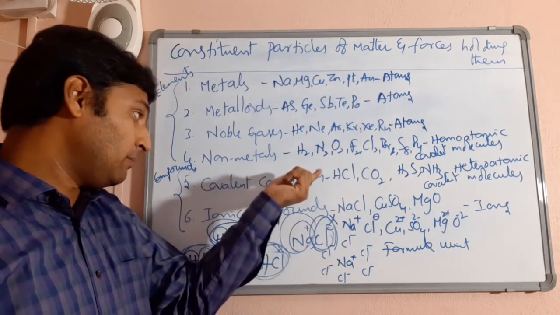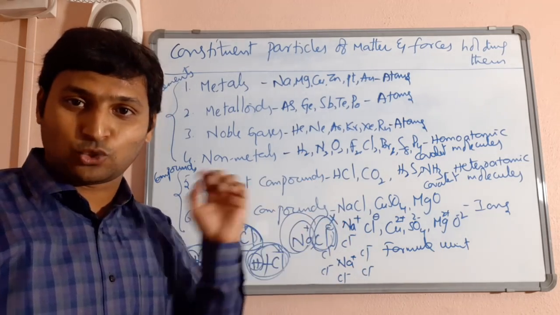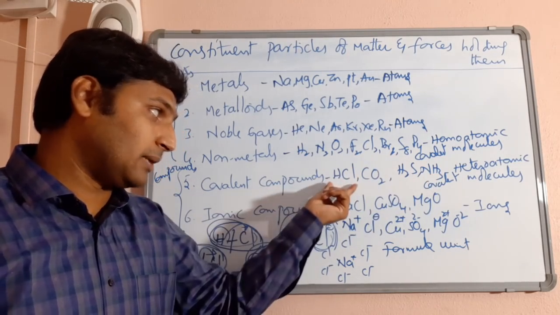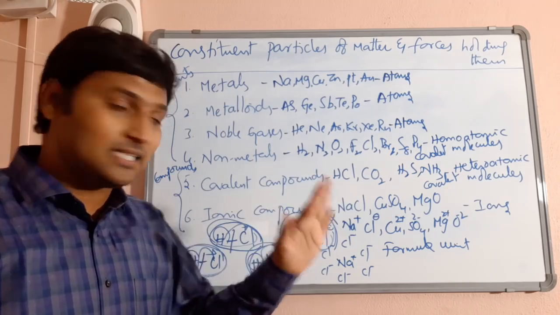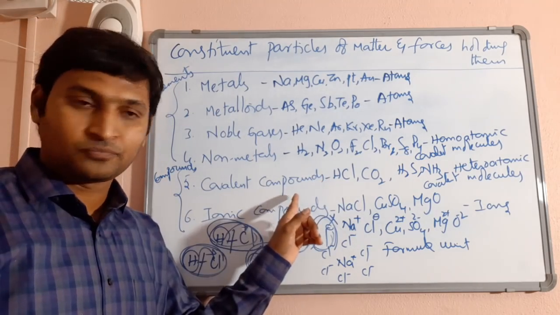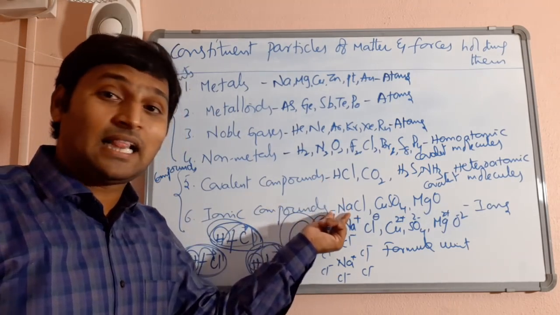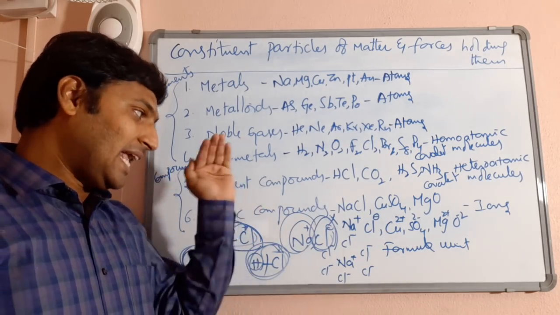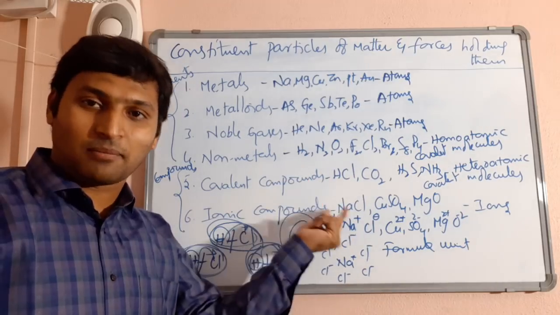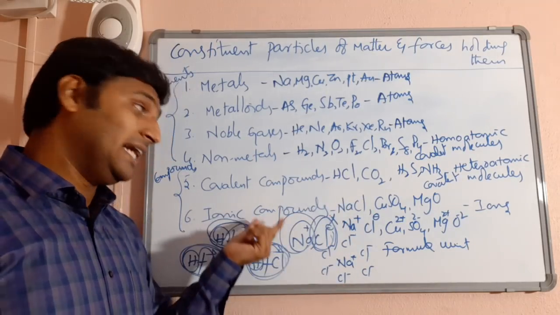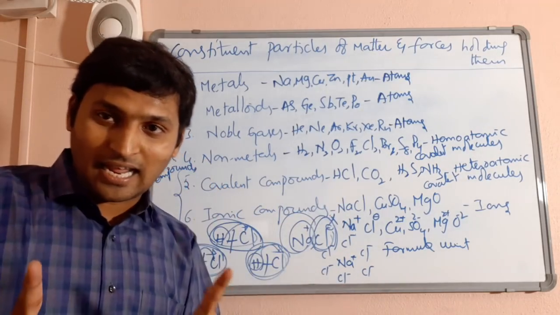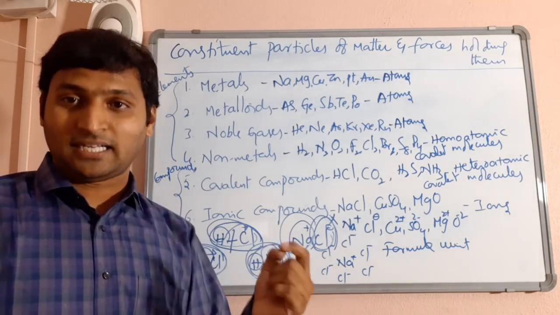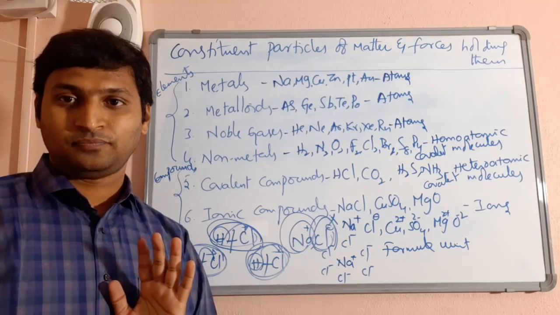And the difference between covalent compounds and ionic compounds is so simple: if all the constituent atoms of the substance are non-metals, then it is a covalent compound. If one is metal and the other is non-metal, then it is an ionic compound. So, in its constitution, if there are metallic atoms, it is an ionic compound. Then you can clearly understand these species are not neutral atoms, they are charged particles called ions.